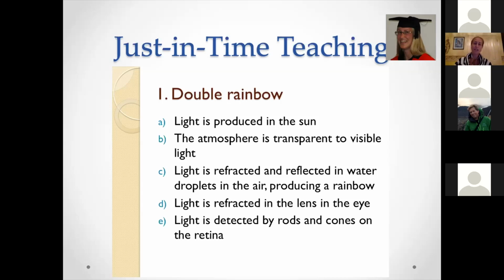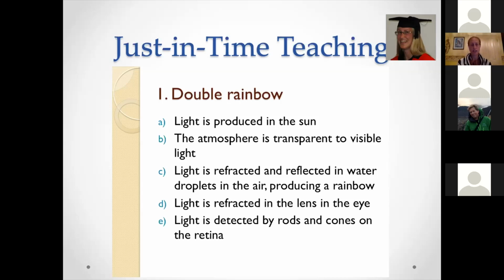then how the light then travels from the sun to our atmosphere, where our atmosphere is transparent to visible light. So light goes through the atmosphere down to humans, where on the way, light is refracted and reflected in water droplets in the air. And this is what actually produces the rainbow with its secondary rainbow. Then the light gets all the way down to the humans, to our eye, where it's refracted in the lens of the eye. And then we did a little experiment on lenses until eventually light is detected by rods and